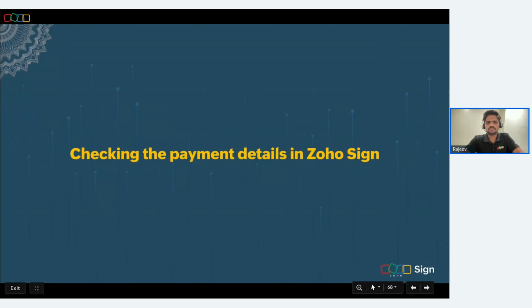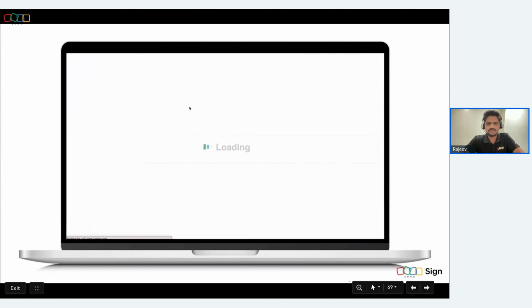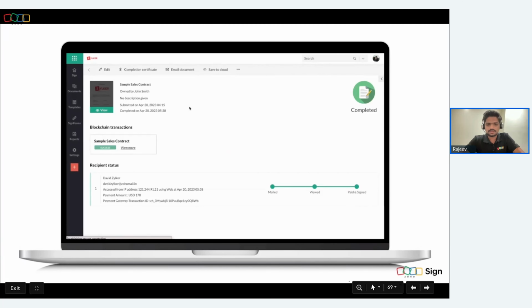Okay, so now the signing part is done. The payment has been done as well, but we have to ensure that it took place in the right way, and it did take place. So now let me show you how to check this payment details in Zoho Sign. Like I showed you a couple of videos back, in the document status window, all you have to do is just hit refresh. And once you do that, you could find the payment amount and the payment gateway transaction ID